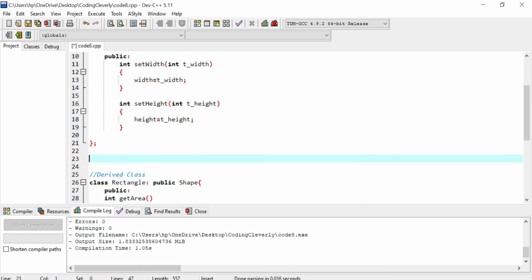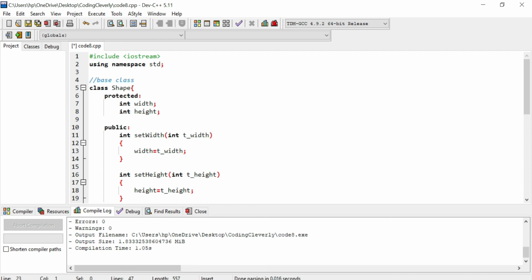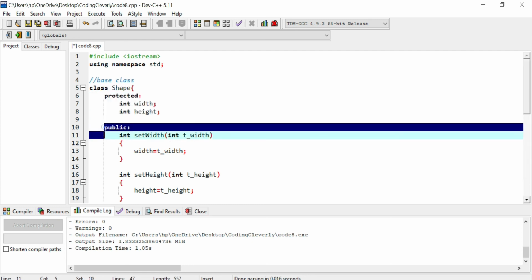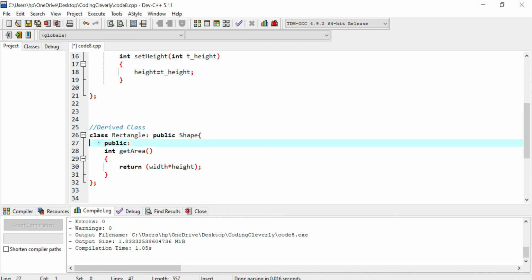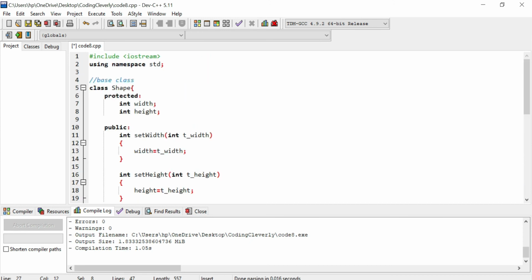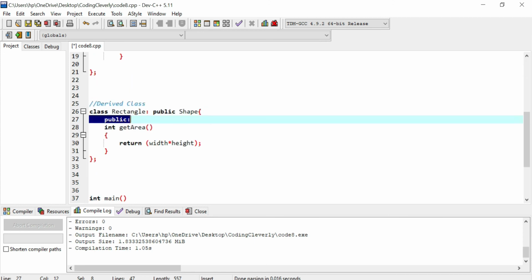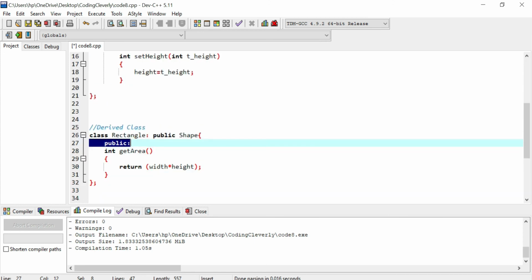So you could see my shape over here, and the shape, all of its protected members and all of its public section, everything will be just pasted right in here. So I don't have to write any single thing. So that's how reusability and maintainability come in. Maintainability means that it's easier for programmers: even if you change something in the base class, meaning the real class, you don't have to do anything because it's just going to do it for you. So it's like automatic,